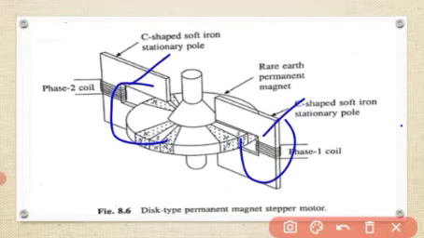Okay, I repeat here, one phase will be aligned with the field poles when excitation is given to it, for example coil 1 with respect to 2. Next, the other half takes place when it is shifted to another phase: the rotor will turn by half the rotor pole pitch in order to align with the field pole of the second phase.